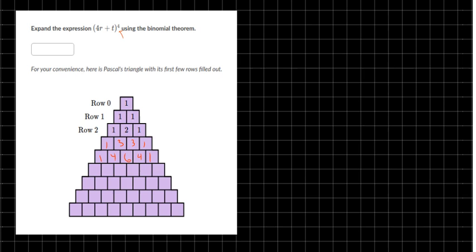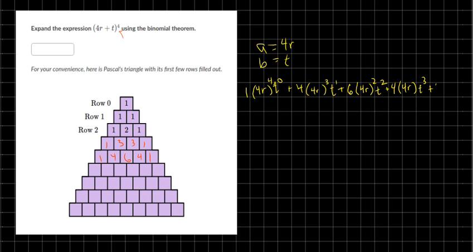Okay, and let's see, my A is going to be 4R and my B is going to be T. Alright, so I have 1 times 4R to the 4th power times T to the 0 power plus 4 times 4R to the 3rd power T to the power of 1 plus 6 times 4R squared T squared plus 4 times 4R T cubed plus 4 times 4R to the 0 power T to